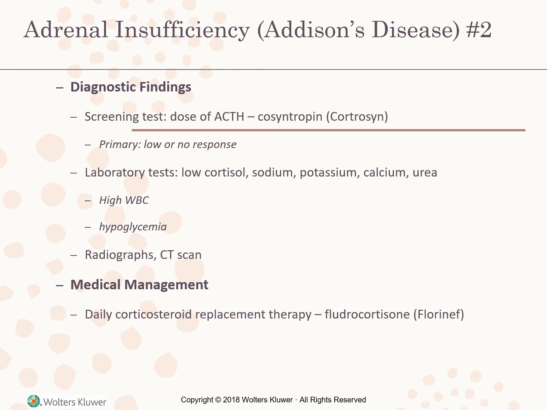In treating this, a patient with primary adrenal insufficiency will require daily corticosteroid replacement therapy for the rest of their lives. Fludrocortisone, a synthetic corticosteroid preparation that possesses mineralocorticoid and some glucocorticoid properties, is frequently selected for replacement therapy. An additional glucocorticoid might be necessary depending on the patient's response to therapy.